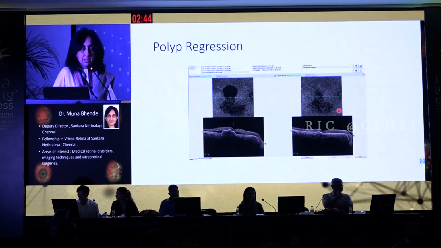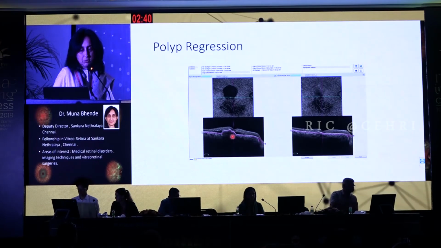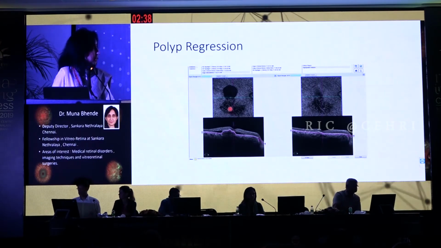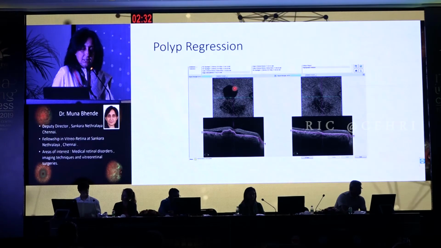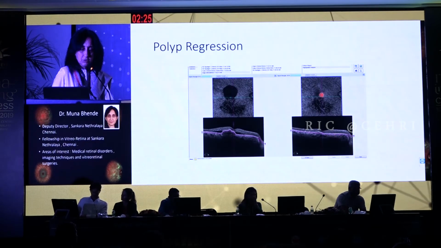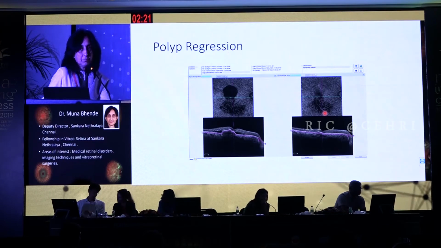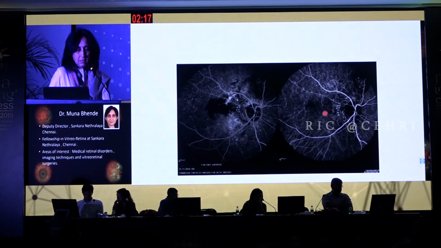Can we do this on OCTA? Yes, you can, but it's sometimes helpful to have a combined OCT as well. Here you see a patient with a large vascular network, and you see these tips of the polyp which are active, just adjacent to a serosanguinous pigment epithelial detachment. This is pre-treatment and post-treatment. You see there's good regression of the polyps, but the vascular network persists. So polyp regression does not actually mean the endpoint of treatment.